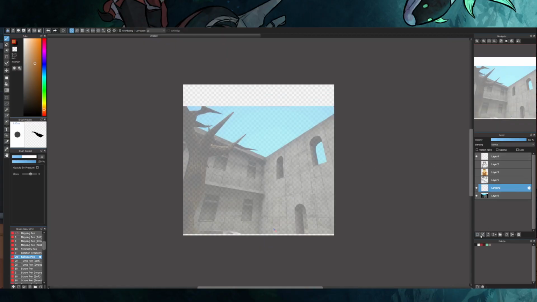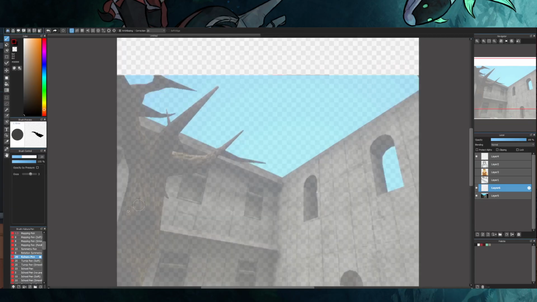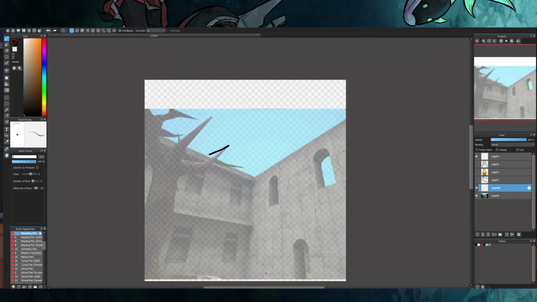I will click a new layer here down there, and I will go down and I will make this. Now what I'll do here now is take this screenshot and just sort of recreate it. The idea is that this is a learning experience to take the shapes that you see